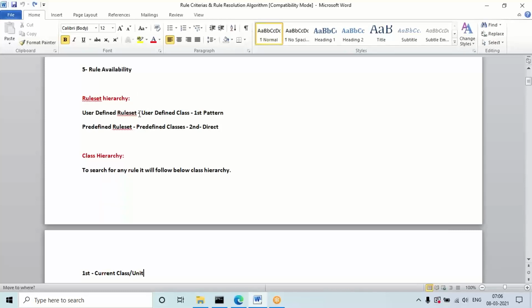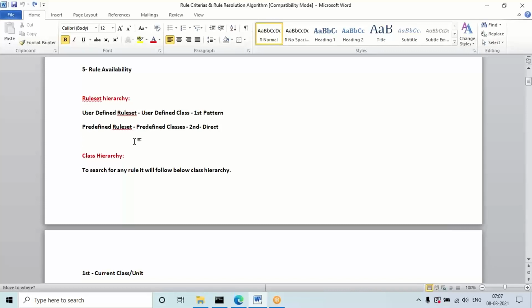So the rule set hierarchy format will be: first it will check in the user defined classes, which is nothing but the pattern inheritance. Then if the rule is not there in the user defined classes, it is going to check in the predefined classes. There are some scenarios where we use predefined rules in the application. Sometimes activities use pyID, pxWorkPage, primary; these are all predefined rules. Again, some instructions and activity APIs are also predefined rules only, right?